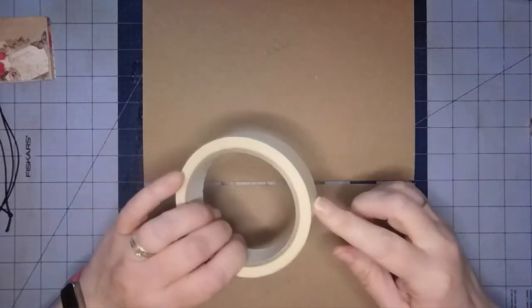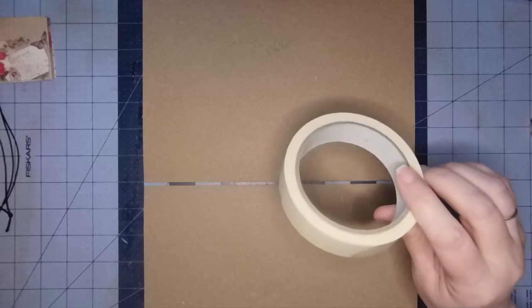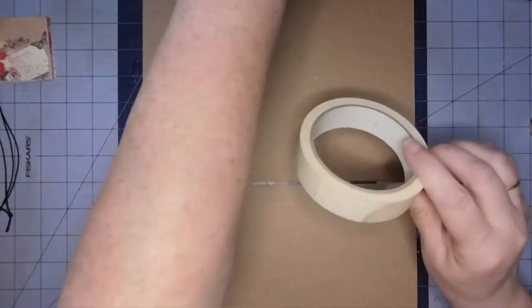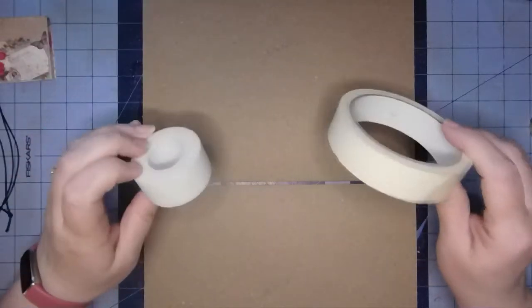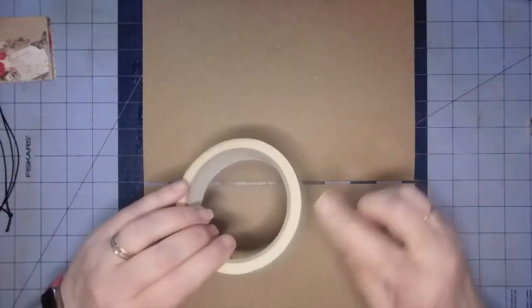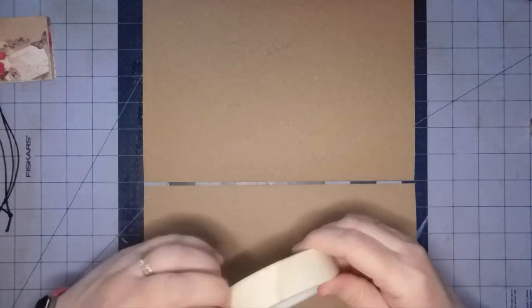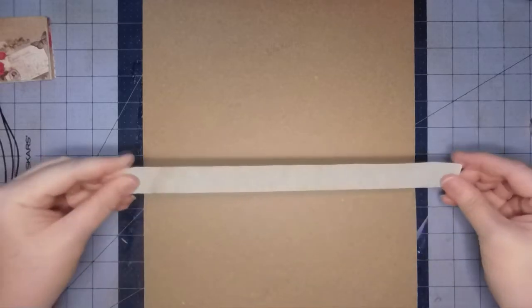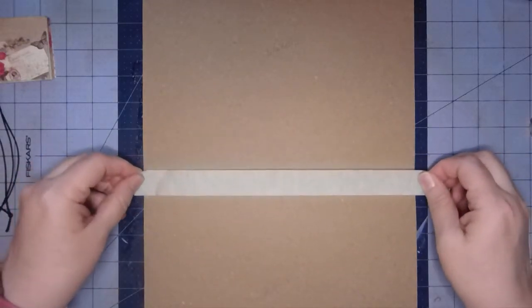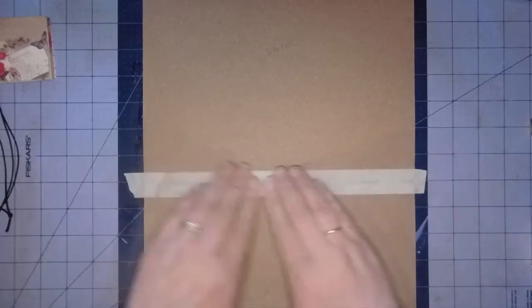I am using masking tape. I thought about using the micropore, but because we're doing it on craft, the micropore comes out white. This is kind of an off-white already, and when I did my little ink test, this took the ink, as you can see, a lot better. So yeah, we're going to go with this. So we're going to try and get that as centered as possible,